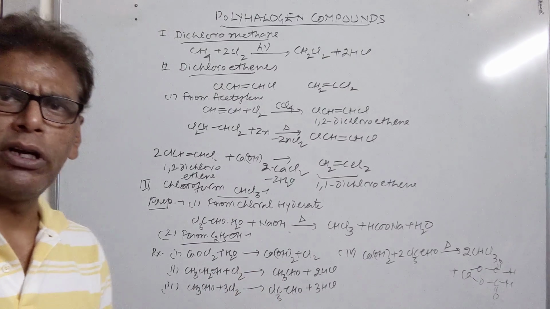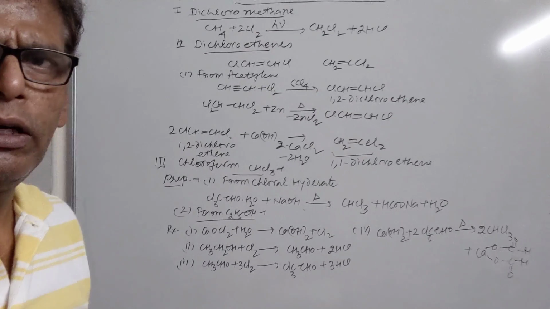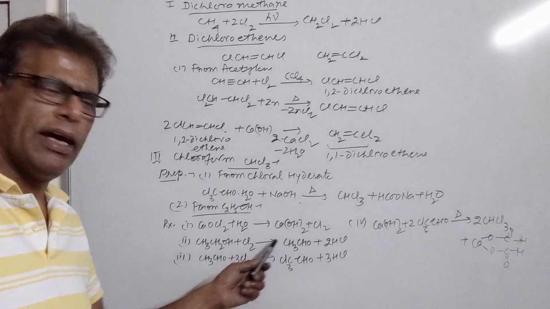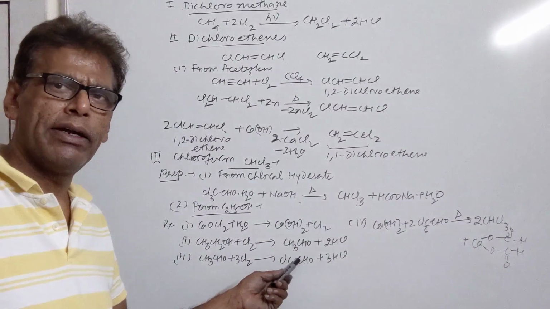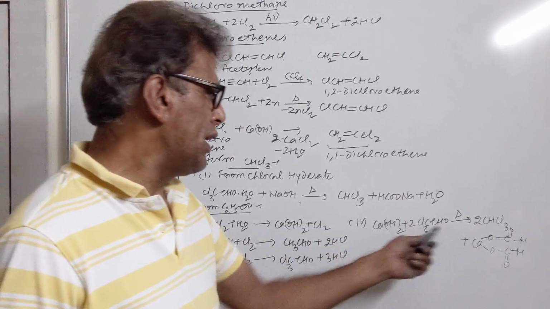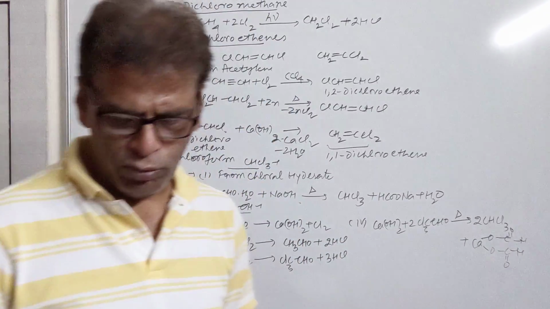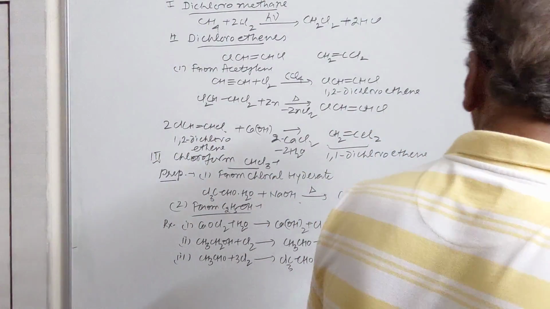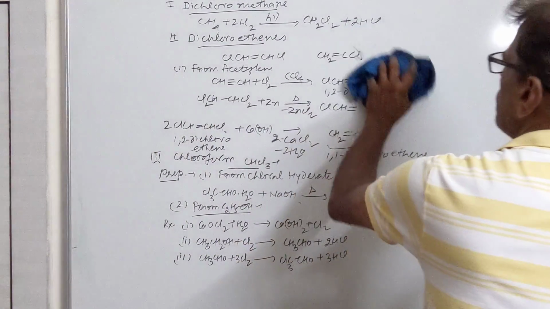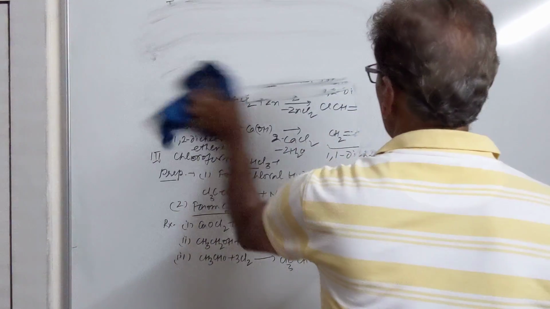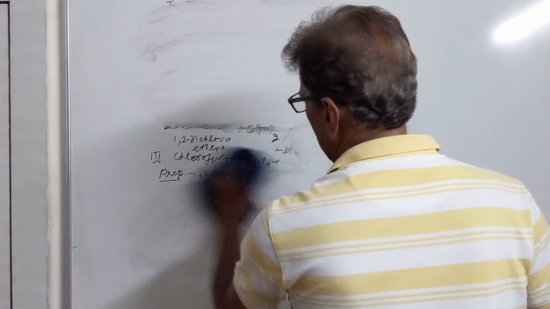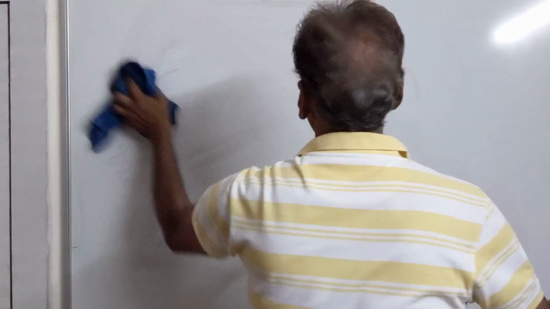First of all, bleaching powder combines with water to give you calcium hydroxide, and secondly acetaldehyde gets chlorinated to give chloral, which on treating with calcium hydroxide will give you chloroform. So this is the second preparation, from ethyl alcohol. Then we have the next preparation, which can be done from acetone, having the same reagent. When acetone is refluxed with bleaching powder paste under water, we get chloroform.